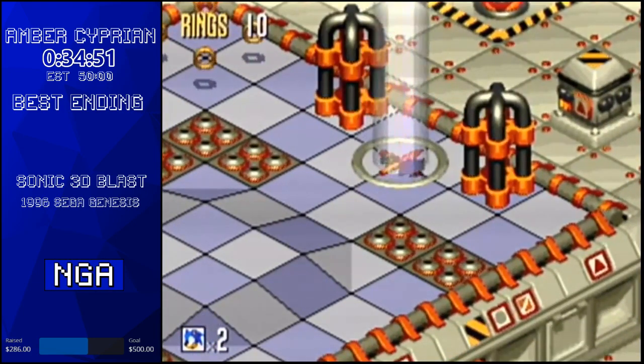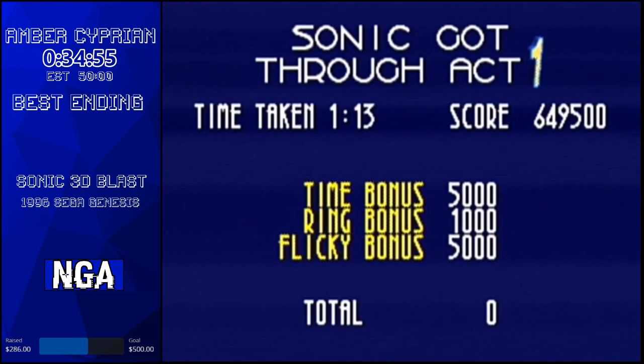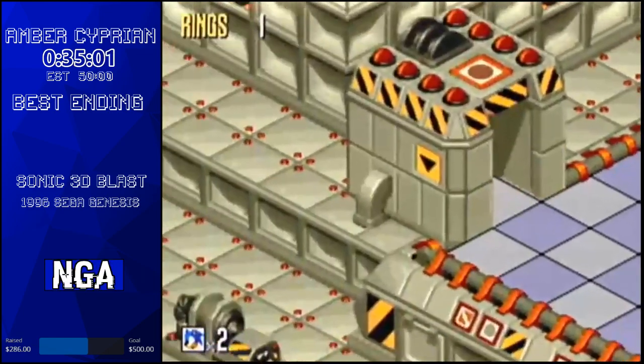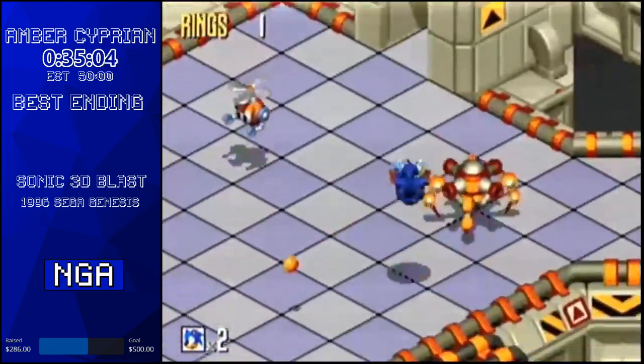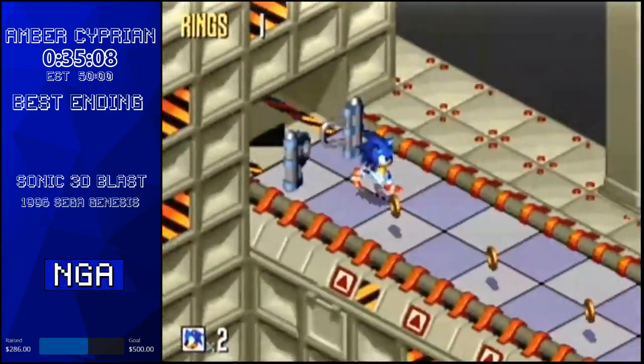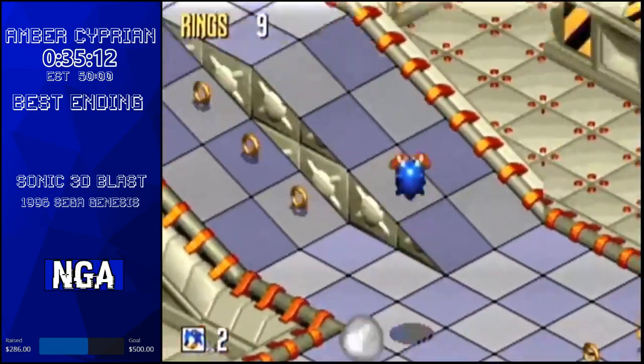But we've spent many stages up to this point collecting flickies, throwing them in the rings, and well. We're not doing that anymore. Panic Puppet 2 throws that out the window. It's the only stage in the game that doesn't have flickies. Instead, it has hazards everywhere. Turrets, enemies that shoot things, lightning, mines. And the best thing of all, a giant